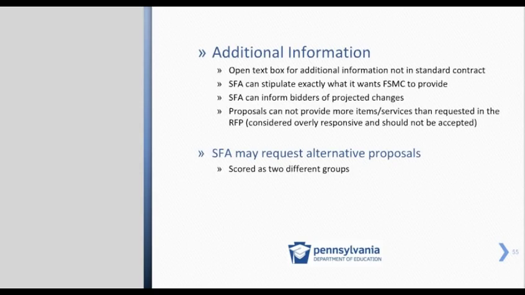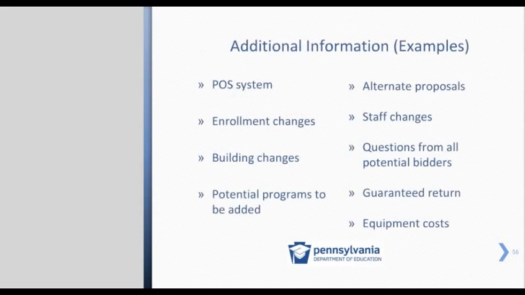For example, if the School Food Authority does not currently have an after-school snack program, but is considering it, the RFP can request alternative proposals to include the cost and process if the school chose to implement an after-school snack program. Alternative proposals are scored separately from original contracts. Examples of things that school food authorities include in the additional information section include a point of service system, anticipated enrollment changes, anticipated building changes, potential programs to be added, alternate programs, staff changes, questions from all potential bidders,